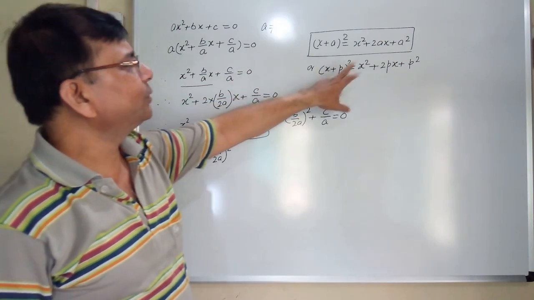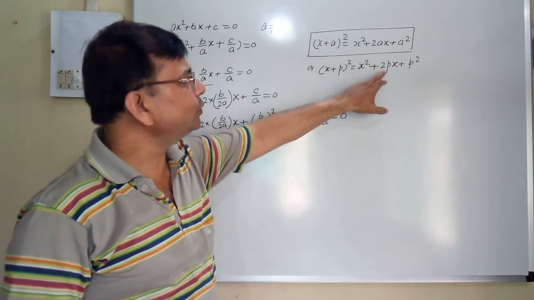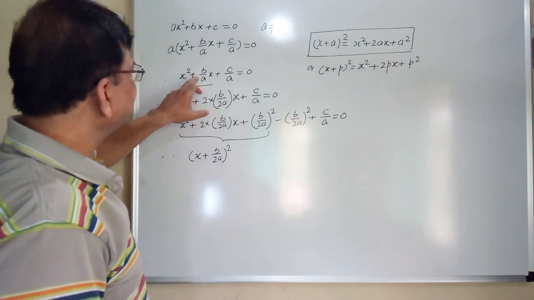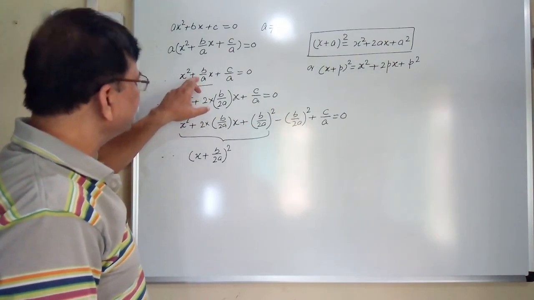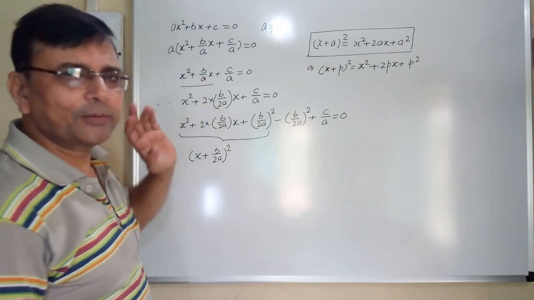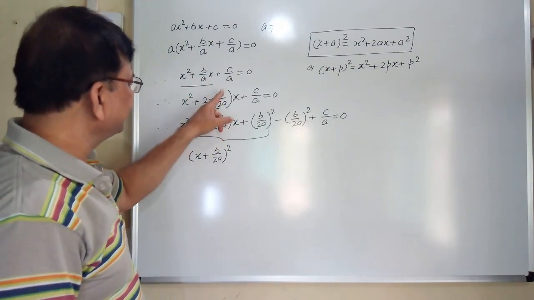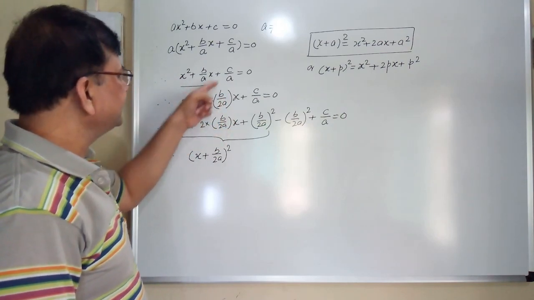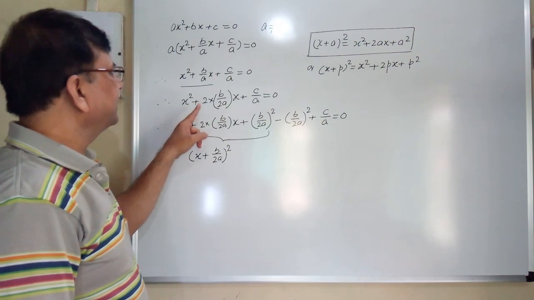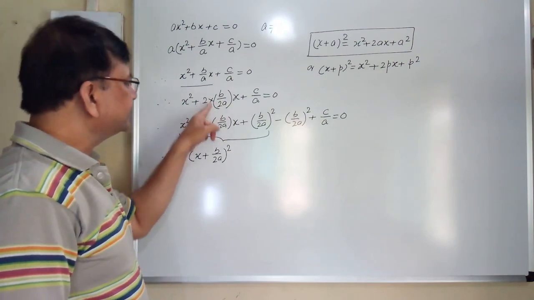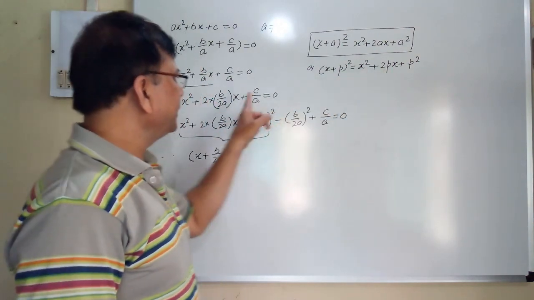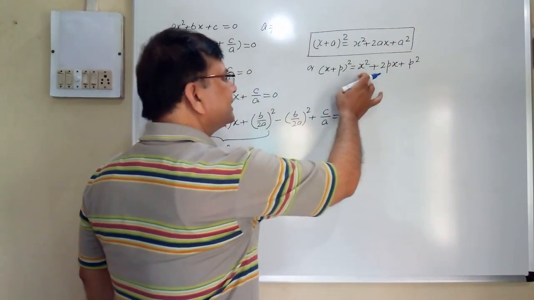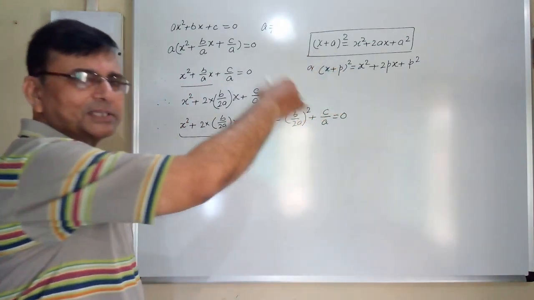So here x plus p whole square is x square plus 2px. Since 2 is there, if I put 2 over here, then the denominator also will have to have 2. So instead of b by a, I have written b by 2a and multiplied by 2. Now this can be written as x square plus 2 into p into x. If we add p square, then this will become a perfect square, x plus p whole square.